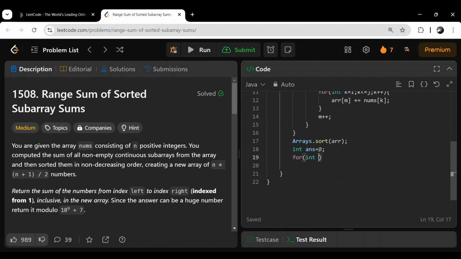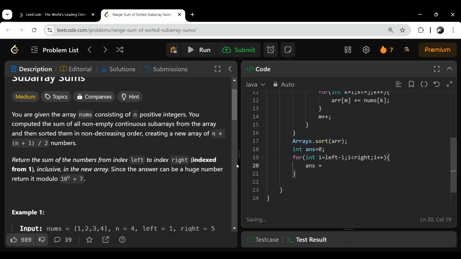Okay, so for int i is equal to left. It is one index, so if we minus one, then it will be zero index. And i is less than right. It is inclusive, but as it is one index, we don't have to consider right minus one. So if right is fifth, then we have to traverse till the fourth index and fifth element. Okay, i plus plus, and here answer is equal to what we have to,